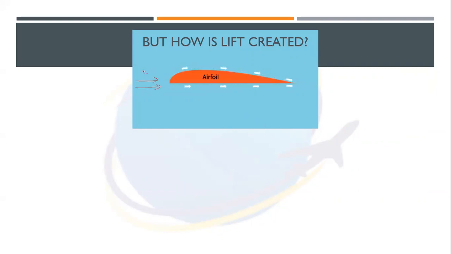Okay, one of the particles will go up, the second goes down. And now we can clearly see that the above part, also known as the upper surface of the airfoil, has more distance. The below surface has less distance. The same example with my hands: if I join my hands, both distances are equal. Of course, that is natural.